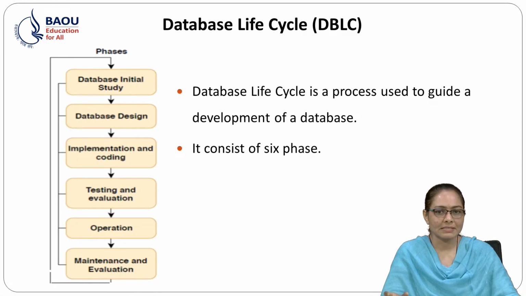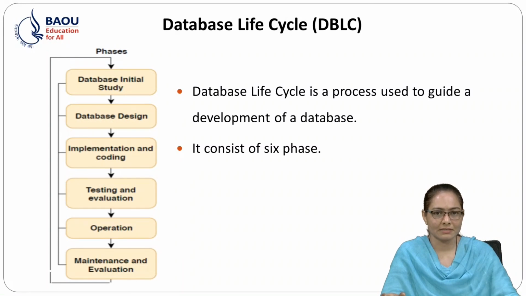The fifth phase is operation. In this phase, the database is considered to be operational and the process of the system evaluation begins. During this phase, some problems may occur and demand a change. The sixth phase is maintenance and evaluation. In this phase, we implement the different maintenance techniques like preventive maintenance, corrective, adaptive maintenance, assignment of the access permission, etc.